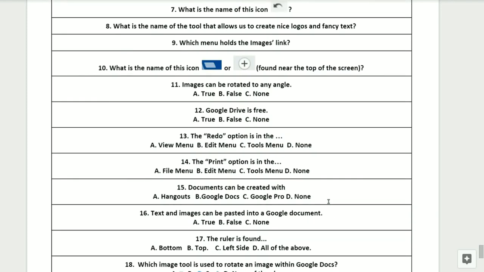Which menu holds the Images link? Question number 10. What is the name of this icon or this icon? These are found near the top of your screen.